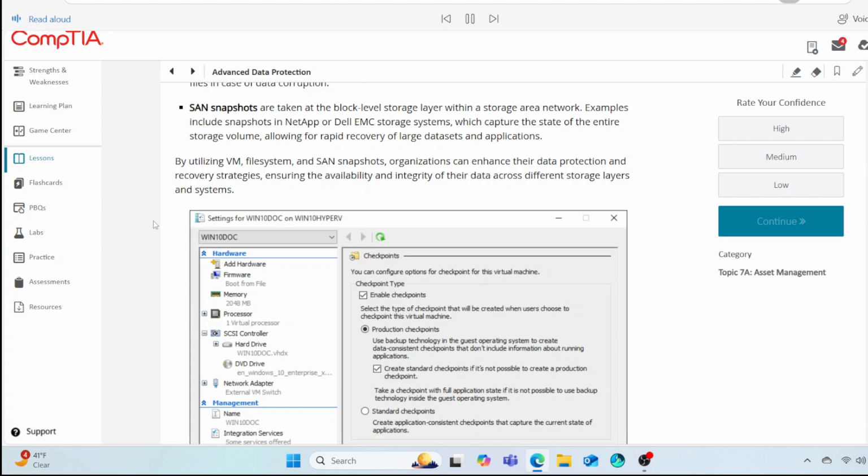Checkpoint type, checkbox enable checkpoint selected. The text below reads, select the type of checkpoint that will be created when users choose to checkpoint this virtual machine. Production checkpoints radio button is selected. The text below reads, use backup technology in the guest operating system to create data-consistent checkpoints that don't include information